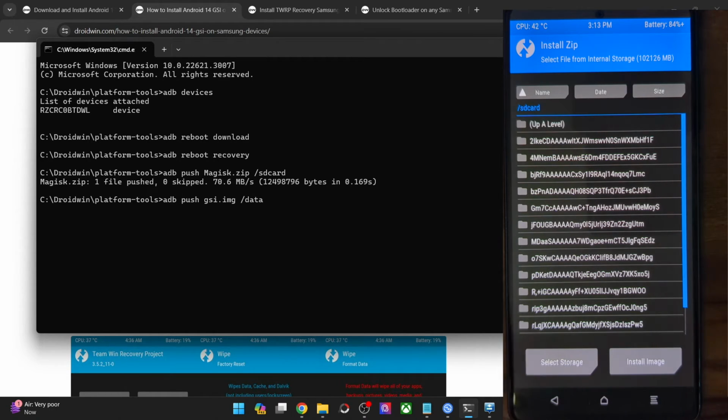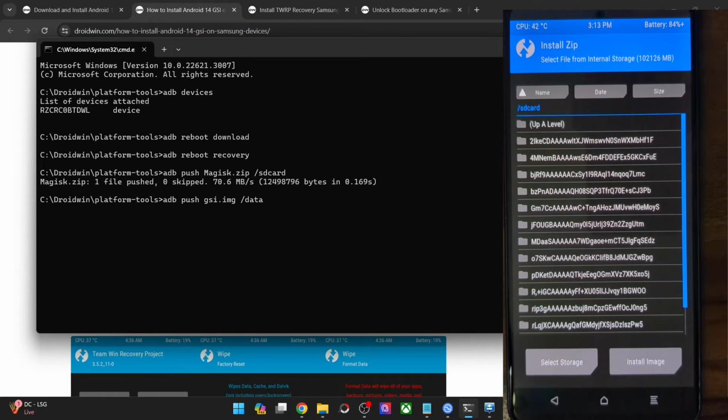I'll show you that as well. But in my case, since the partition is currently encrypted and recovery is not able to decrypt it, that is why I had to transfer the file to any other location, while I could do a format data and then remove the encryption. But upon a subsequent reboot, the encryption issue will again come back, because on my phone, on